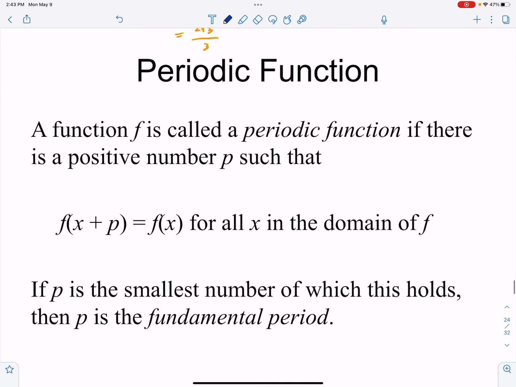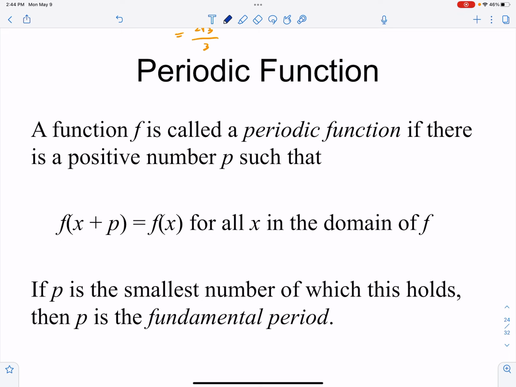So next we're going to talk about the graphs of the parent functions for sine and cosine. So all of the trig functions are what we call periodic functions. Graphically, that means that over the length of a certain interval, the pattern of the graph ends up repeating itself over and over and over again. So that's what this means for f of x plus p equals f of x,